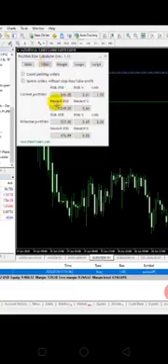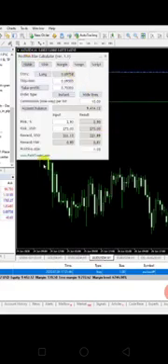Now check in this risk. The lot size is 2, risk is 2.6%, and risk in USD is 246. So whatever settings I have done in main, I will see the conclusion in the current portfolio. What will be the potential portfolio? Potential portfolio will show you the risk associated with the pending orders, not the current orders. Current portfolio will show you the risk portfolio of your open trades.